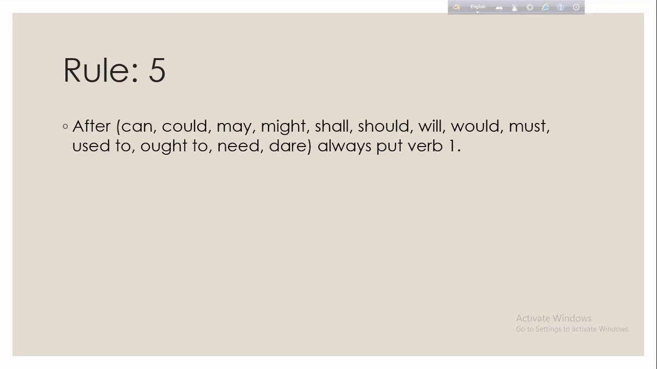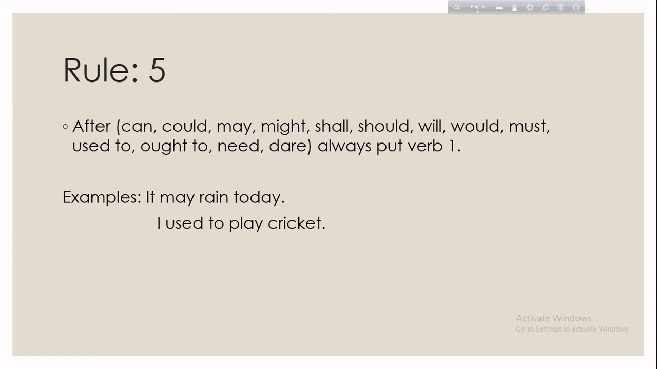let's move on to rule 5. After can, could, may, might, shall, should, will, would, must, used to, ought to, need, dare, always put verb 1. Have a look at an example. It may rain today. We cannot say it may rains today. Another example is: I used to play cricket. You cannot say I used to played cricket, because you'll always have to put the base form of the verb after used to, can, could, may, might, all the modals, and ought to, need, dare. Always put the base form of the verb. Okay,